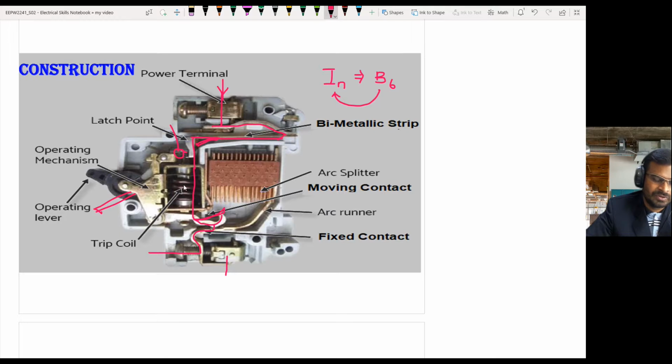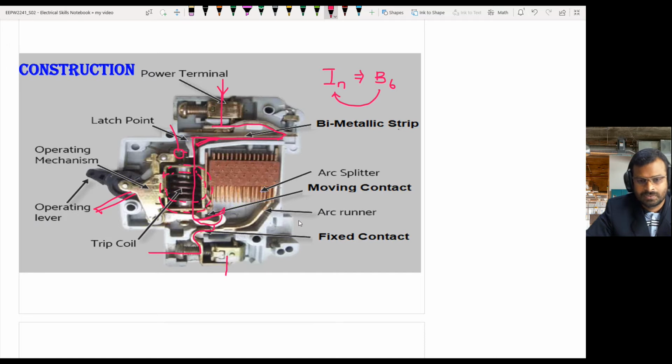In that case, the trip coil placed here will produce a magnetic flux, and because of this strong magnetic flux due to the high current flowing through this coil, the same latch point will be unlatched. Again it is going to open the moving contact, so it disconnects the circuit from the